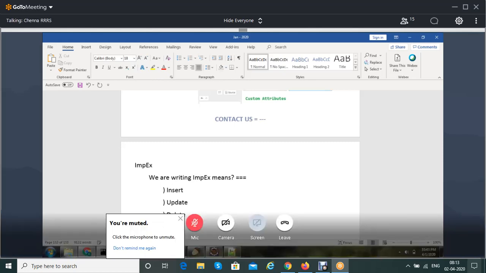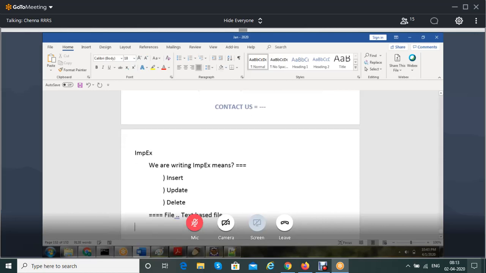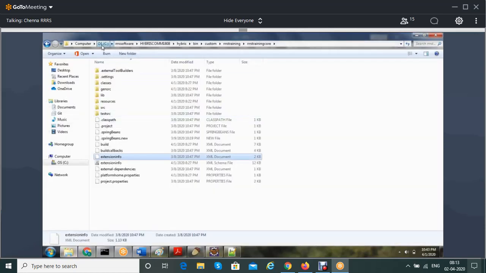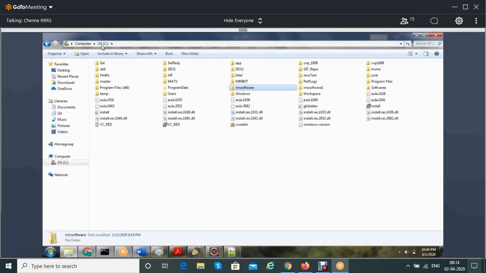Please remember this: an impex is a file, a text-based file. The impex you are writing in the text file will be parsed, executed and understood by the extension called the impex extension.